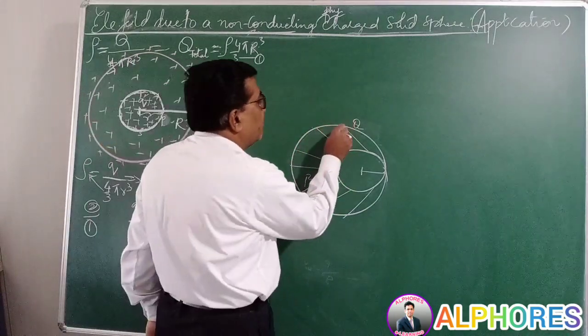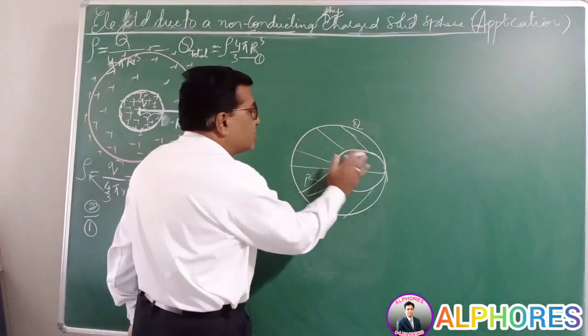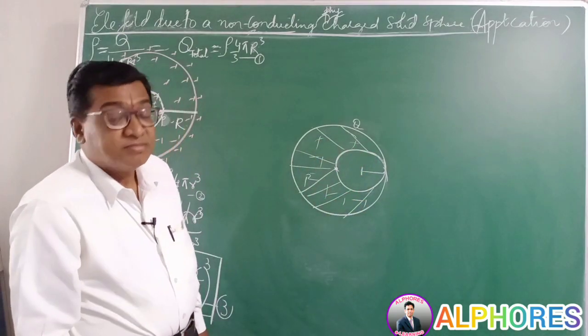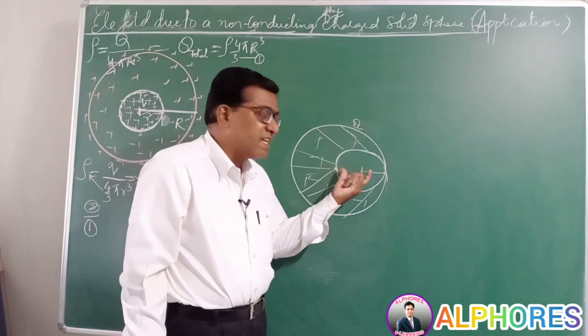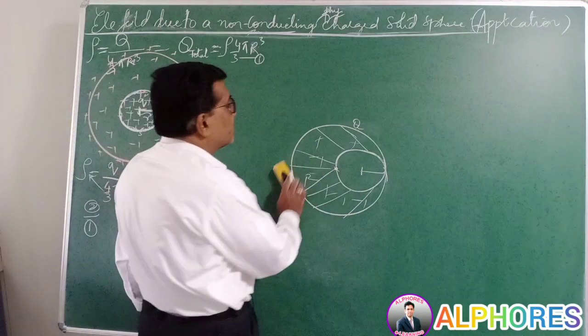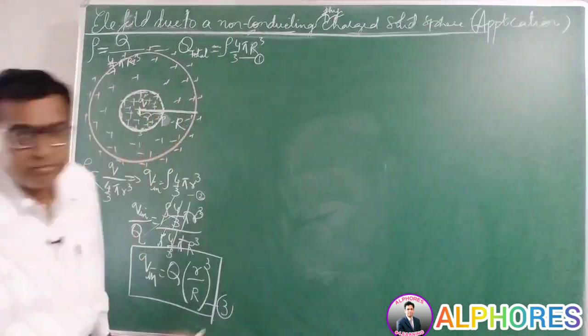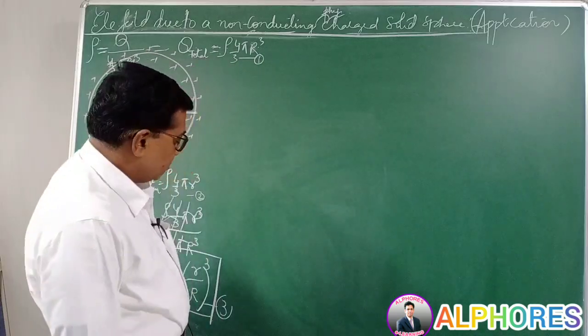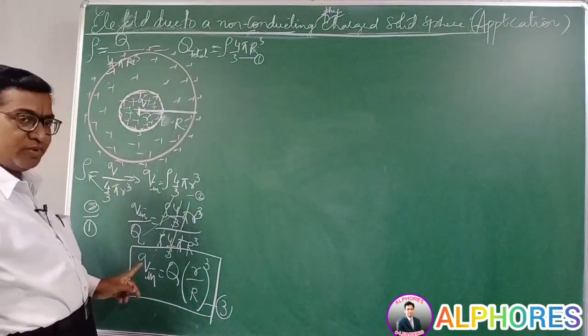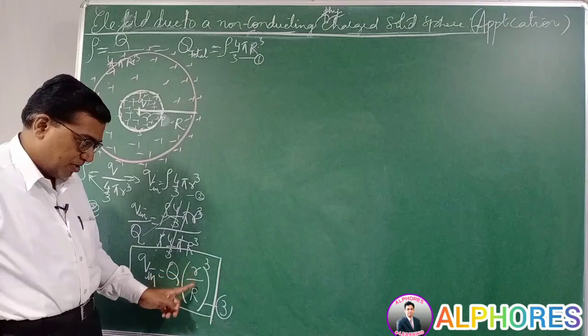So the charge Q is with the cavity. So there is no charge here, only charge elsewhere. Then what would be the charge contained in this cavity? You can ask you the question like this also. Please try this question, right? So the charge that is contained inside this Gaussian surface, Q inside, is capital Q times small r by capital R